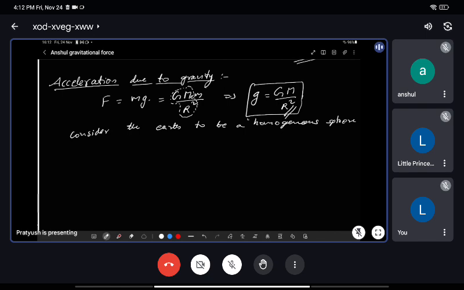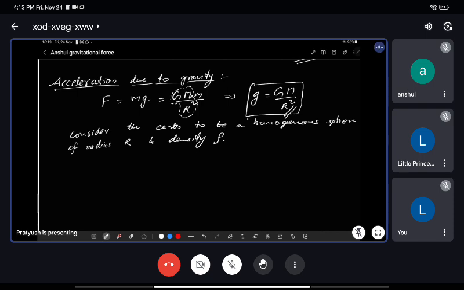Over that thin part only, oceans and all the other bodies are contained. Wherever these are cracked or the crust is very thin, at all those points we see volcanic eruption. So we are not considering that, we are considering Earth to be a homogeneous sphere of radius r